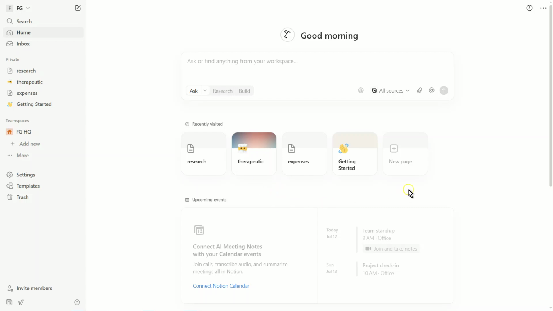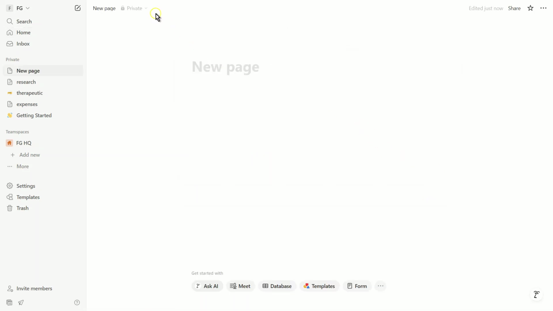Today, we're diving straight into how to use Notion for tracking your marketing campaigns. This is your full 2025 guide. First up, set up a new page on Notion. This is where you'll create your marketing campaign tracker. Having a dedicated page for this helps you compartmentalize all your marketing efforts in one place, making it easier to